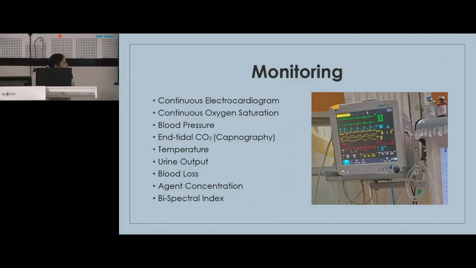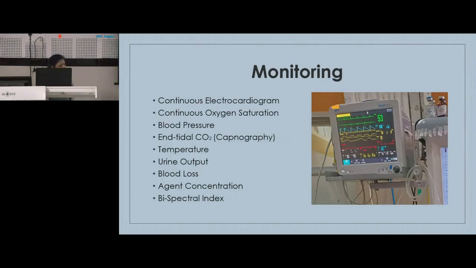This should be monitored for a GA patient. Temperature, especially in the pediatric population, urine output and blood loss should be noted, and blood loss should be replaced during the surgery. There is additional monitoring like agent concentration if it is a multipara monitor